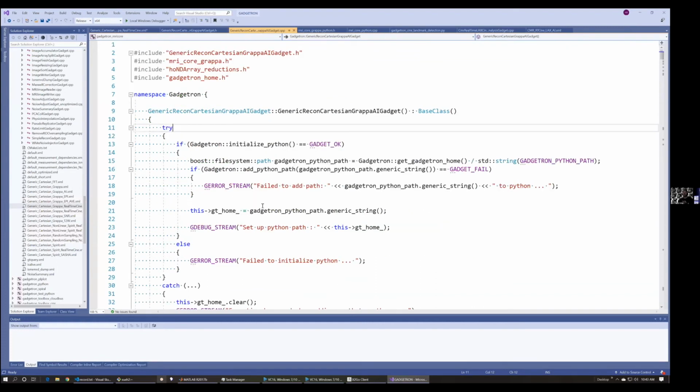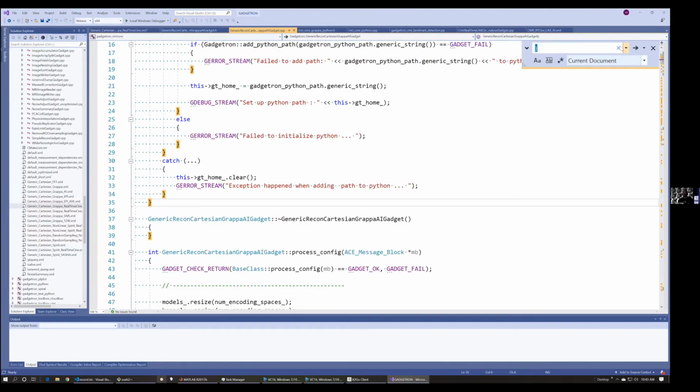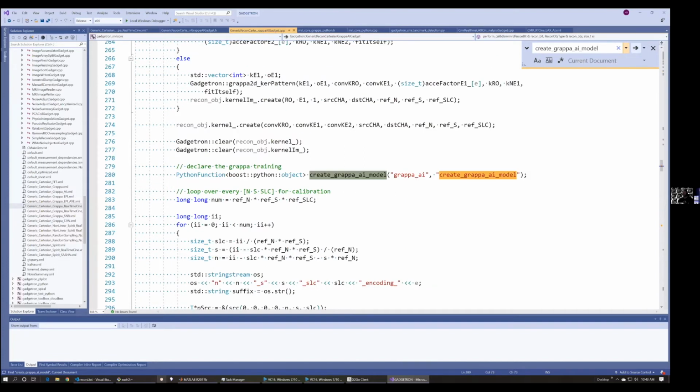So if I go to this code, firstly, we need to find the Gadgetron path. By default, when I install the Python scripts, they were installed to the share Gadgetron Python folder. So we have to first add that path into the Python interpreter, so Python can find those scripts. That's important. Then the key is this type of call. We're calling Python functions, saying I want to call this create Grappa AI model function in this Python script. So if we go to this Grappa AI Python script,